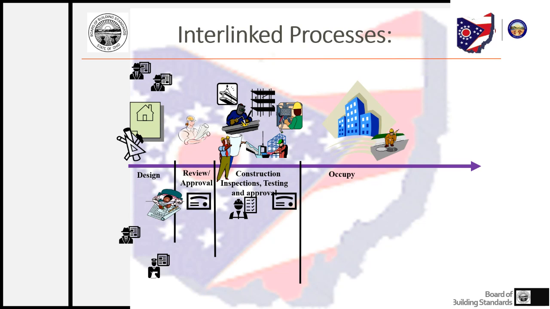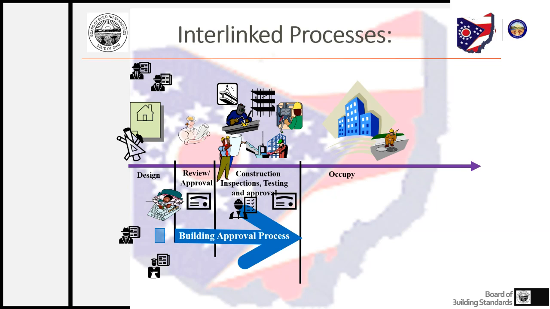Now, the owner's responsibility is not over. The little guy there in the construction hat, he does have a responsibility. The owner does have a responsibility to maintain that building in accordance with its approval, to maintain the validity of that certificate of occupancy. Time goes on, he's been using his building, he wants to make some changes, some repairs, some updates, but you know, that'll come. So the first part of this is the building approval process. It's under the regulation of the building codes.